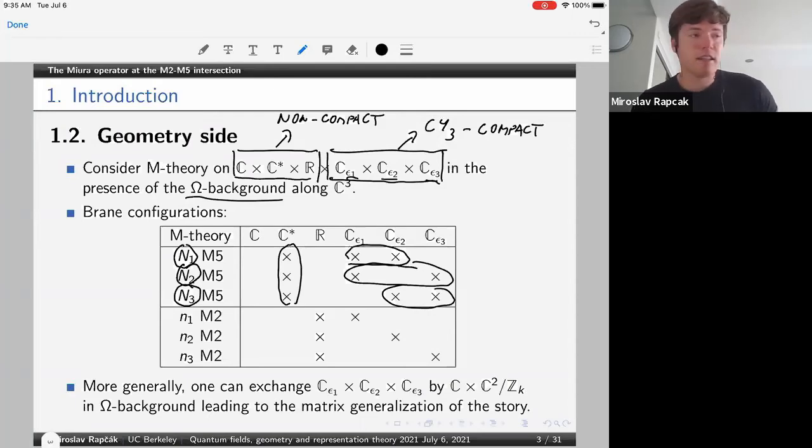This configuration was actually recently called by Nekrasov spiked instantons. So I'm maybe going to call this configuration of M5 branes spiked instanton configurations. Anyway,